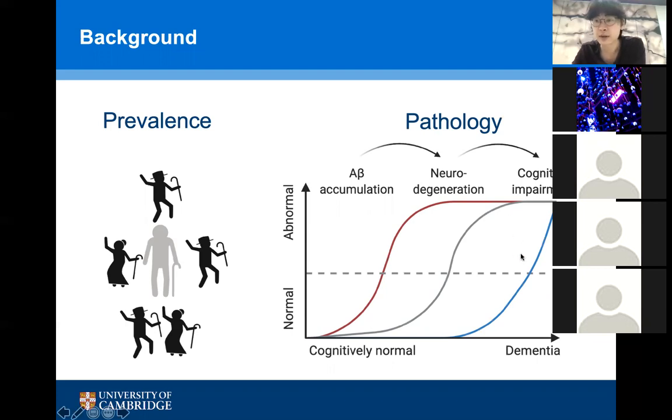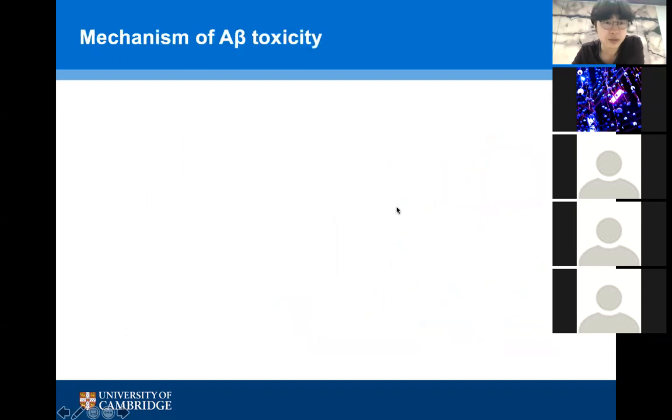And finally, you have the manifestation, the effect of this neurodegeneration, which is cognitive impairment, when your brain and your function cannot be normally performed. So my research is mostly targeted at the accumulation of toxic amyloid beta. Basically, I'm trying to figure out how to prevent amyloid toxicity from leading to neurodegeneration. And to achieve this end,